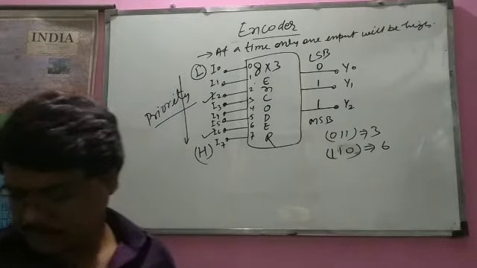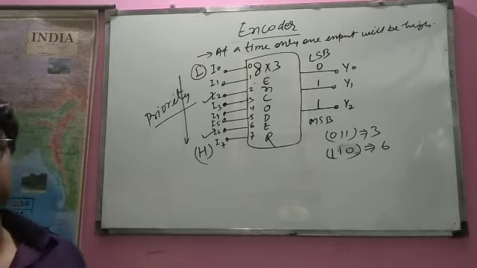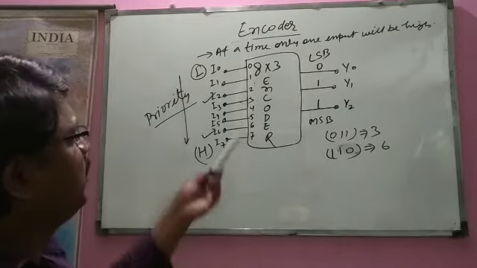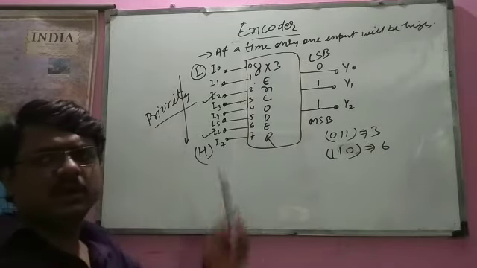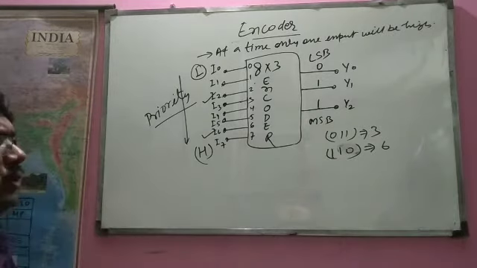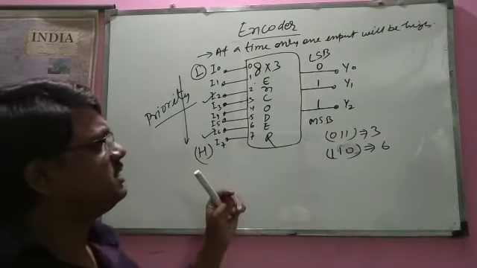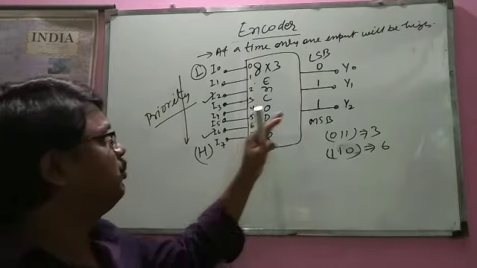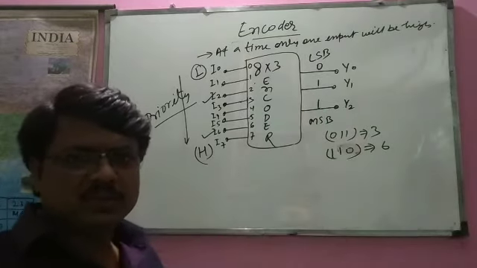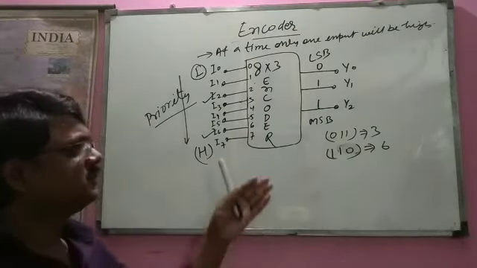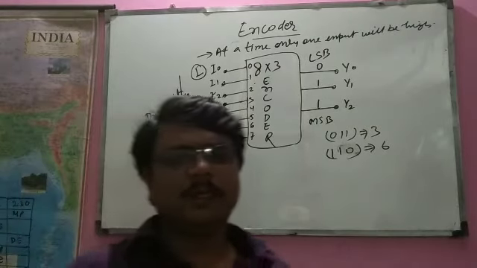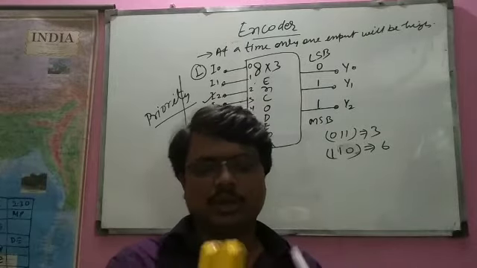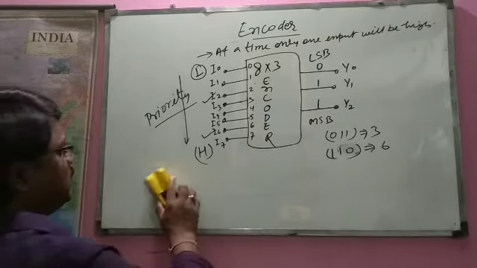Okay, so now we will see the truth table, and I would like to make the circuit. Which type of circuit should be inside this encoder? How does it change one input into its binary equivalent? So which type of circuits are there inside? As we know, for the circuit implementation, first we will have to write down the truth table. So let us write the truth table.